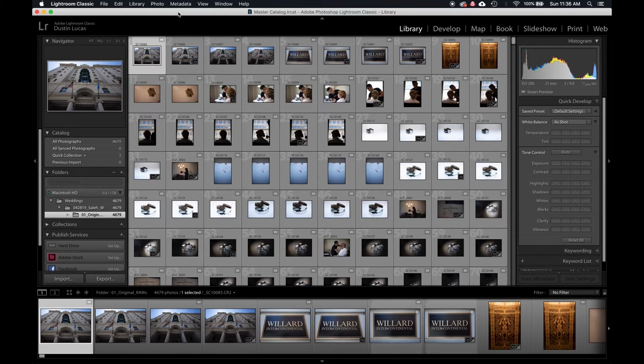Let's jump right in. When it comes to culling, like many of us, we like to put our headphones on, maybe put some music on, dark room, isolate yourself, because you're going to be spending hours going through thousands of photos on a wedding, right? So what it really comes down to is efficiency. Are you able to go through 4,500 images, 3,000 images? Is that taking you 4 or 6 hours to go through 3 to 4,000 images,